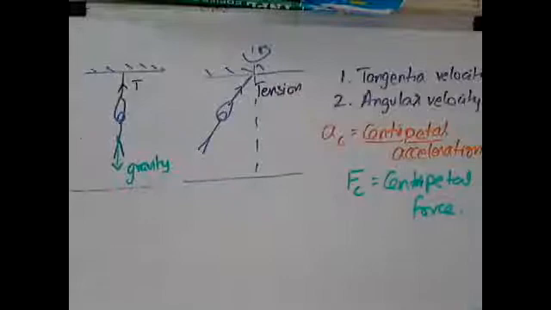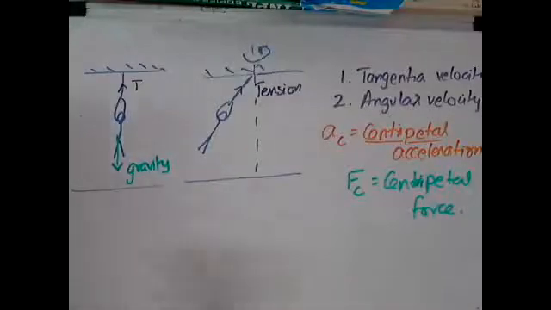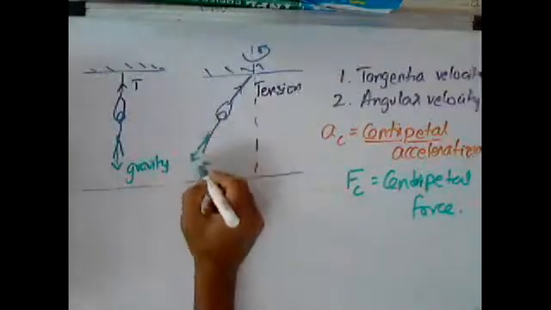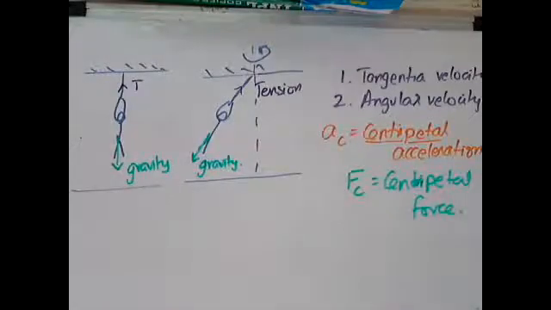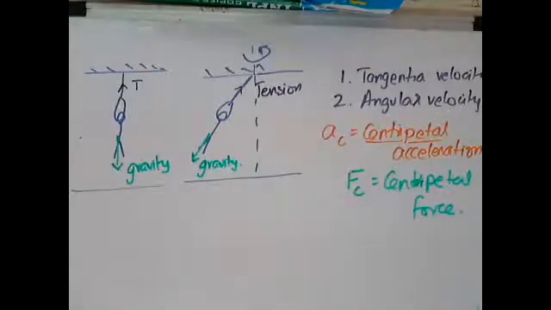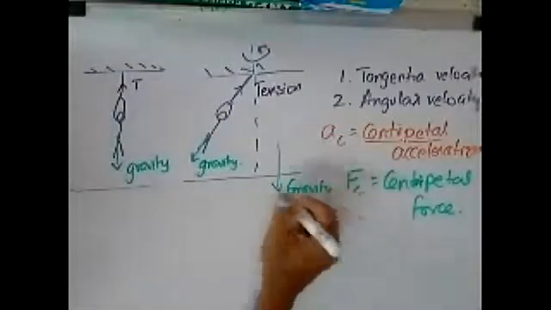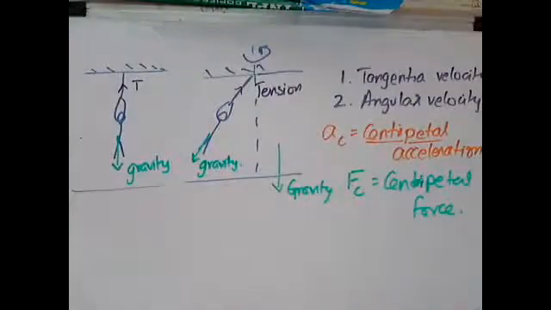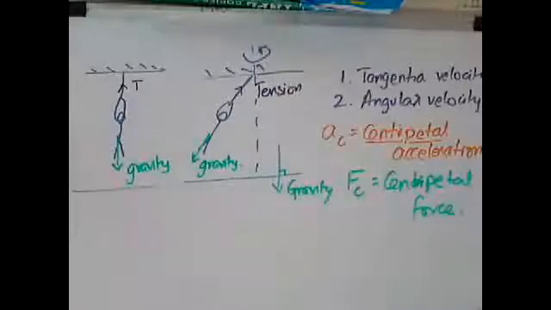And I said, do you feel gravity? He says, yeah, of course I feel gravity. That's the big problem. If gravity weren't there, it wouldn't be so much of an issue. So I asked him, in which direction do you feel gravity? He said, opposite to tension, of course. Okay, so he feels gravity in that direction. But then I say that there is a problem there, because we all know that gravity can't act in any direction other than towards the center of the earth, right? It has to be at right angles to the surface wherever you are. So this direction has to be right angles, pointing towards the center of the earth.